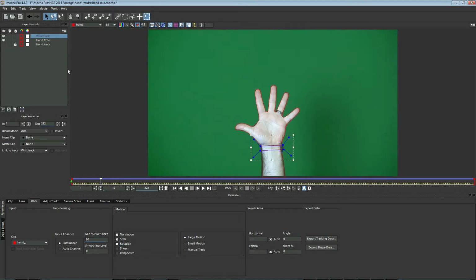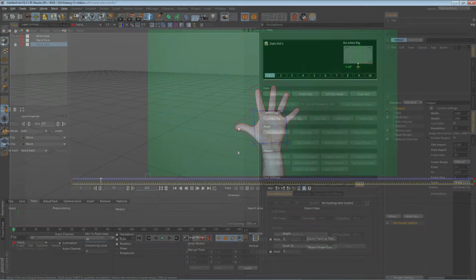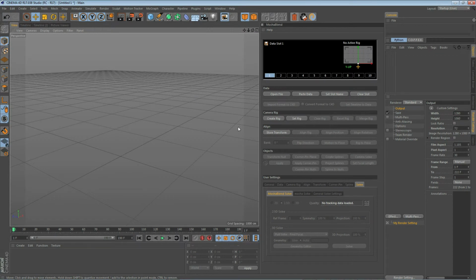Now let's make sure we have our hand track selected here. We'll highlight that. We're not going to use the wrist track. So with the hand track selected, let's go ahead and select Export Tracking Data and the MochaBlend Tracking Data Exporter. You will have this exporter if you are using Mocha version 4.1.3 or above for either Mocha Pro or Mocha Plus. So let's go ahead and copy this to the clipboard, and then we'll move on over to Cinema 4D